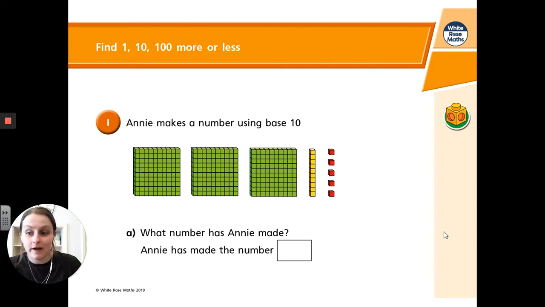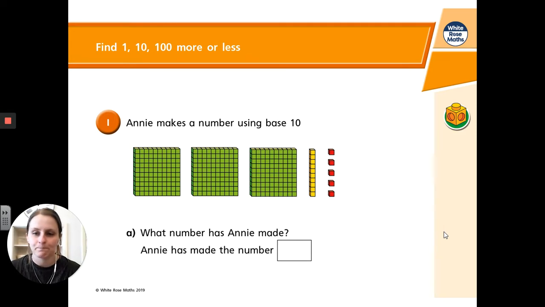So again, we're carrying on with our place value. Today we're focusing on finding 1, 10 or 100 more or less than a given number. Again, we have done this before. We've done much trickier maths later on in the year. This is just to refresh memory for some strategies to make sure that we can do this really quickly and